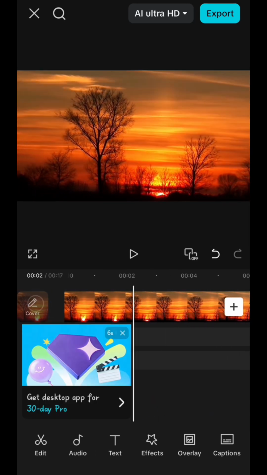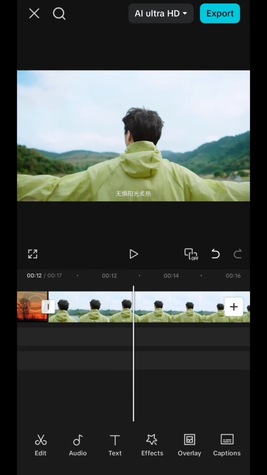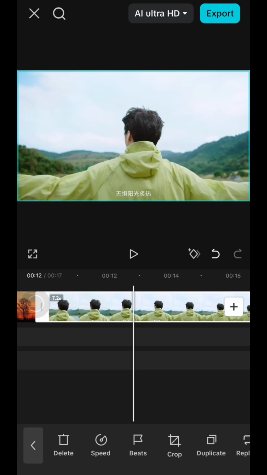It has a silhouette effect, and then next just import the video that you want to turn into a silhouette like this, and then make it an overlay over the main video